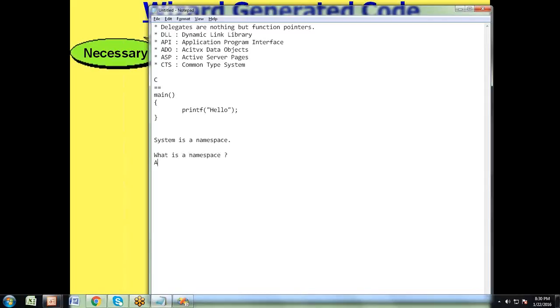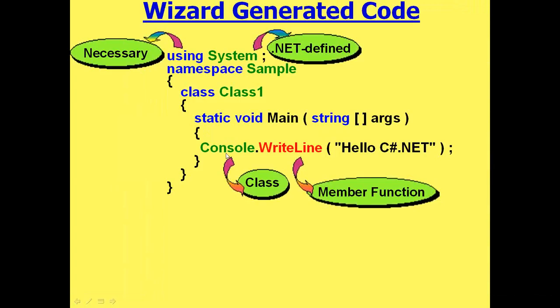A namespace is a collection of related classes. So here, this Console class belongs to the System namespace.